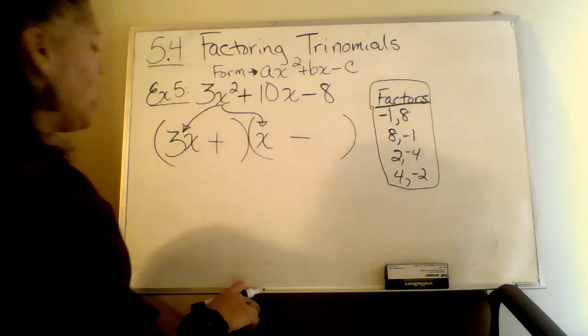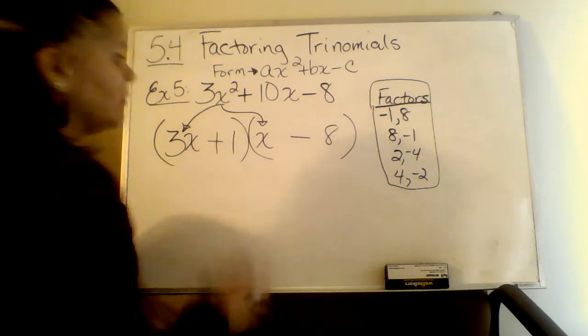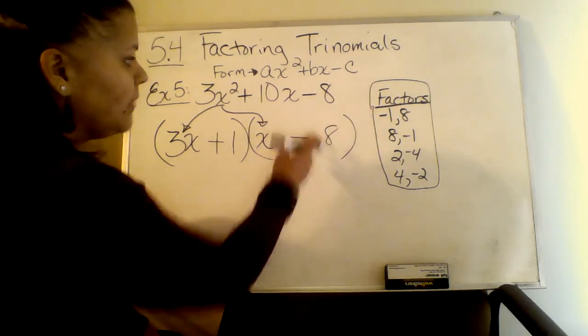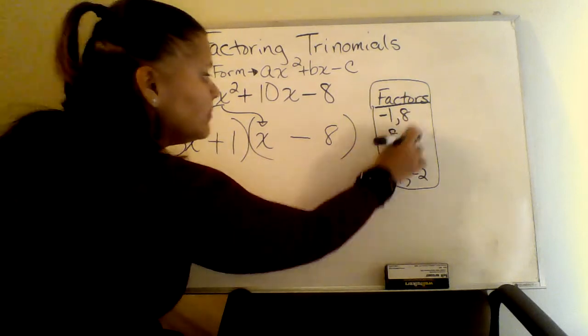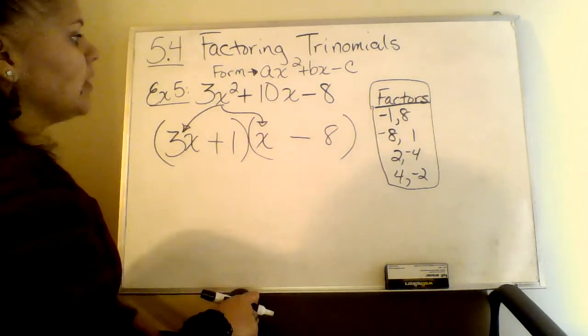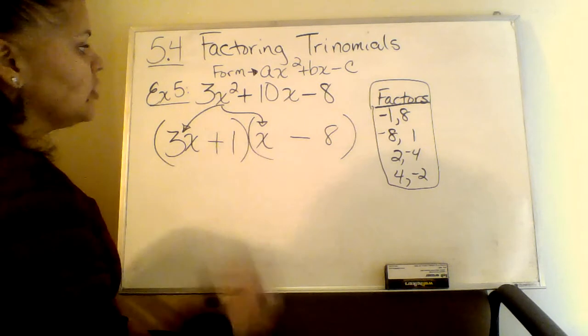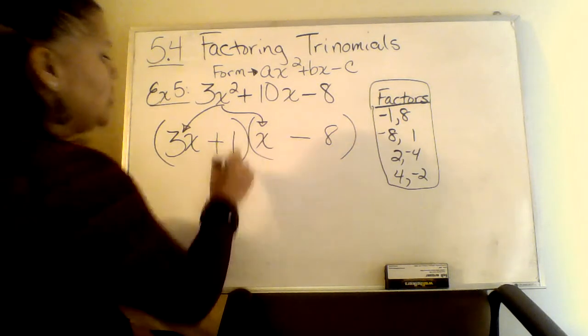So we can try 8 and 1. So I'll put my 8 over here and I'll put my 1 over here. I'll do the negative 8. Let me see. Fix this here. Negative 8 and 1, because I already have a negative 1 up there. So I did the negative 8 and 1. Let's try that one. So now, to check if this is right, you take the middle term